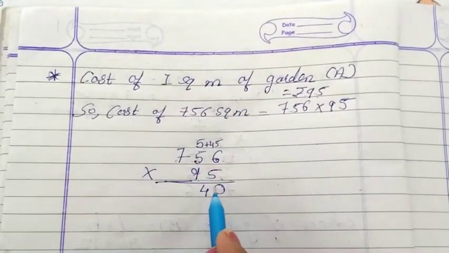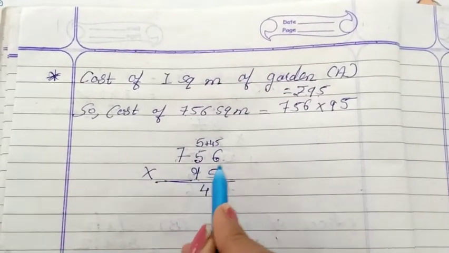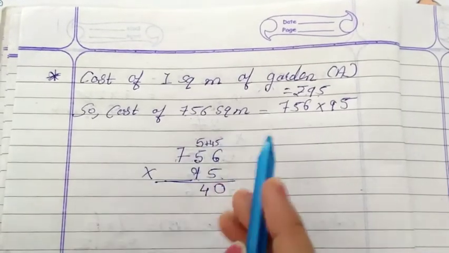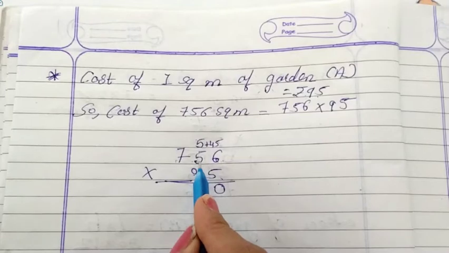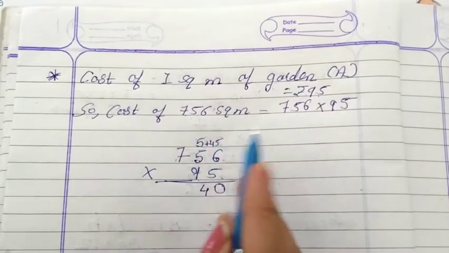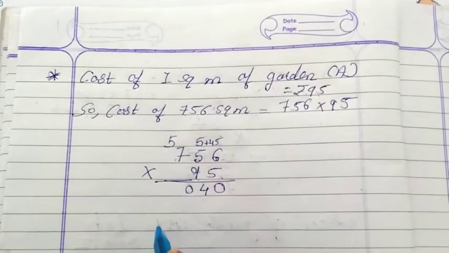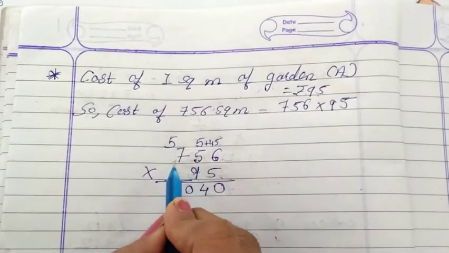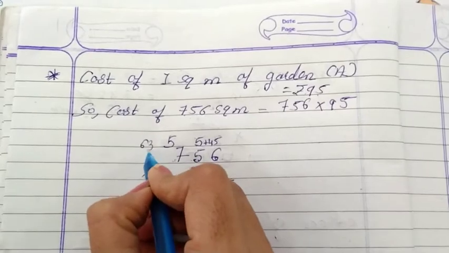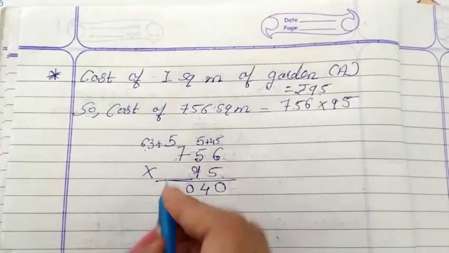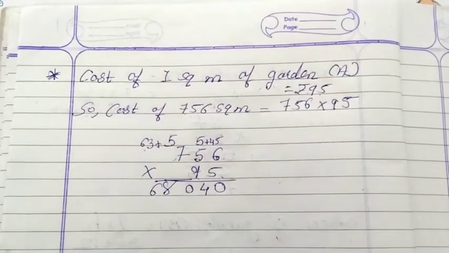First 0 रखा, then 9 का टर्न 6 के साथ. 9 6 are 54. 4 is here and 5 is carrying forward. 9 5s are 45. 45 plus 5 it is 50. 0 is here and 5 is carrying forward. 9 7s are 63. 63 plus 5, 63 के अंदर 5 ऐड करो 68.